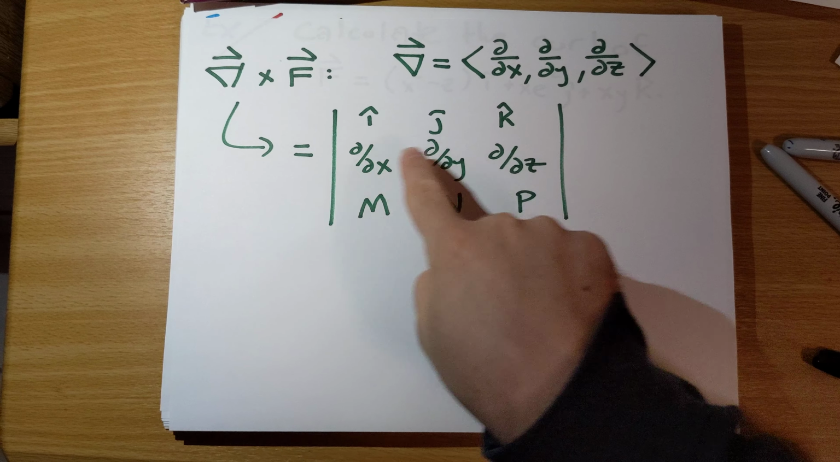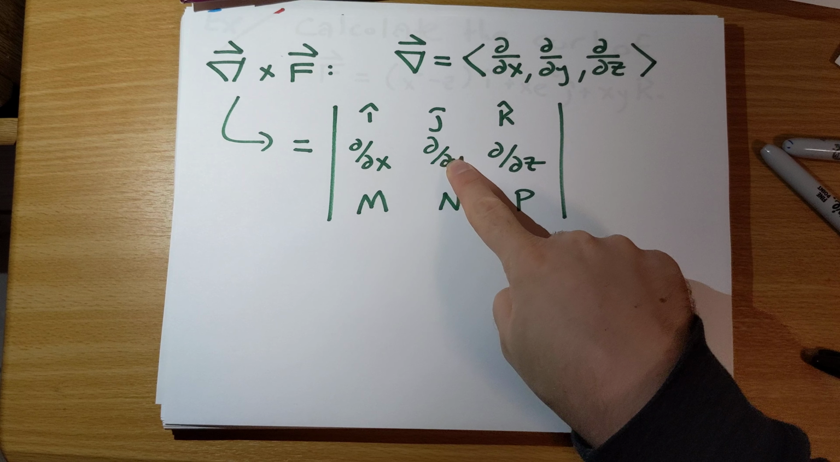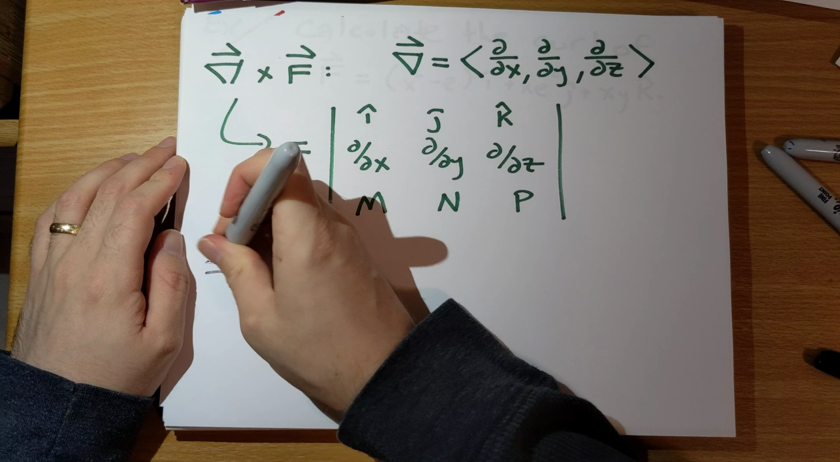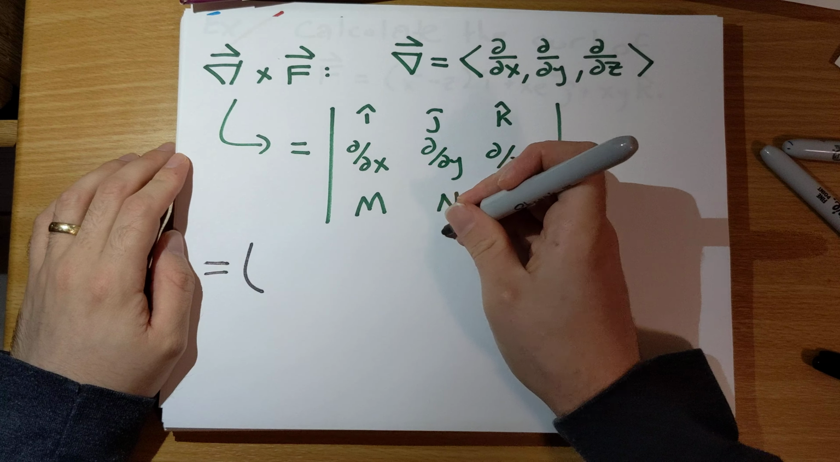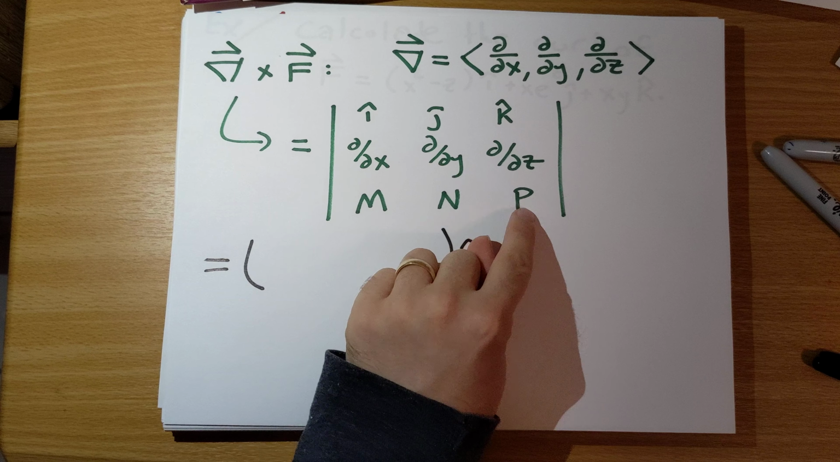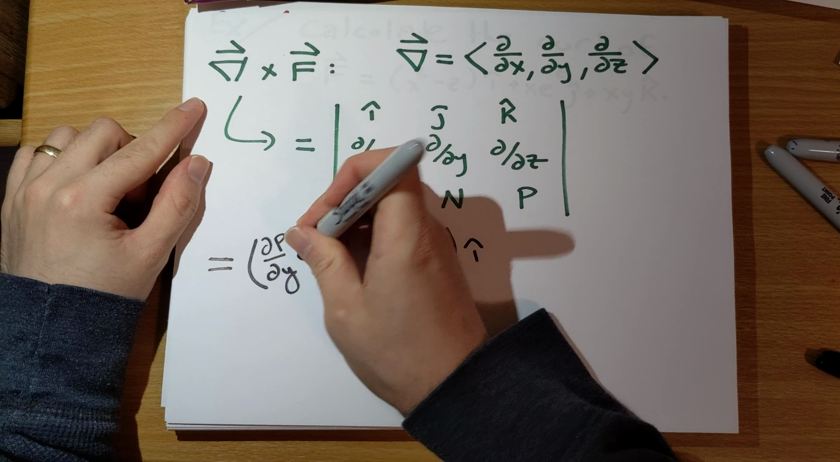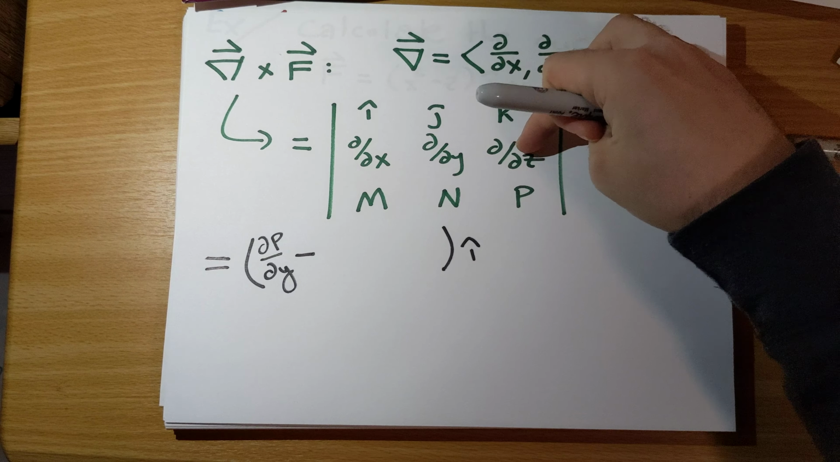And then the second row here are partial derivatives: partial derivative with respect to x, partial derivative with respect to y, partial derivative with respect to z. And so if you then crunch out the cross product, like you know how to, the i hat terms will be partial p, partial y, minus the partial derivative of n with respect to z,